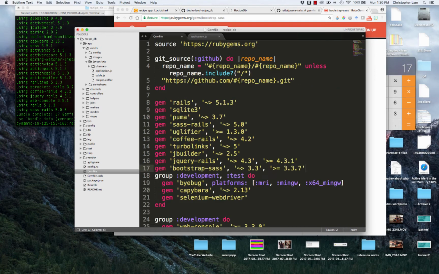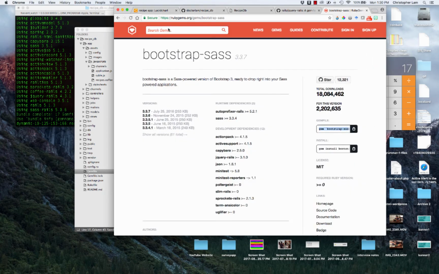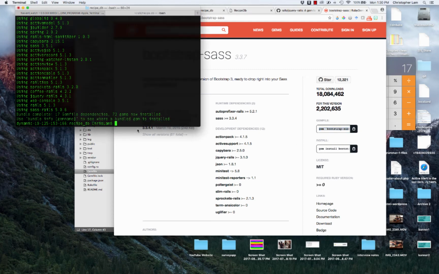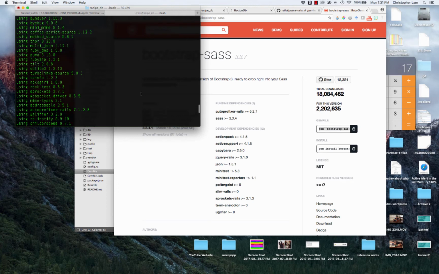And if you didn't see what I was doing there, I just searched for Bootstrap Sass under rubygems.org, and I'm copying the gem file information, and then we're going to run another bundle install, and that should have added Bootstrap Sass. Somewhere, there it is, Bootstrap Sass